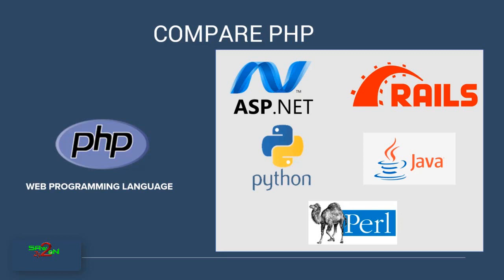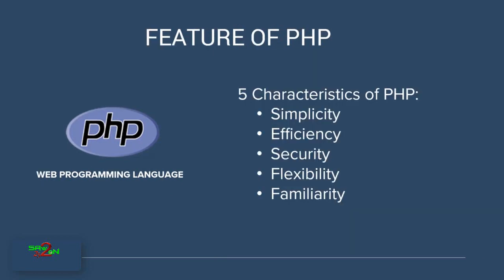Okay, so let's look at some of the characteristics of PHP now. There are 5 characteristics of PHP. This is defined by the PHP manual itself. So first is simplicity. When you write PHP, you will really enjoy it and you will see how simple it is to write PHP code. Second is efficiency. The short notations that they have, and the easy access to some complex objects, is really made easy in PHP in the web area. Well, in web applications, security is the most important thing. So PHP actually handles security very well. We'll go into this topic later and we will see how to handle security in PHP.